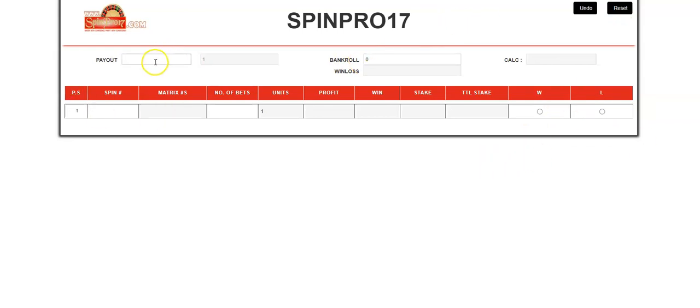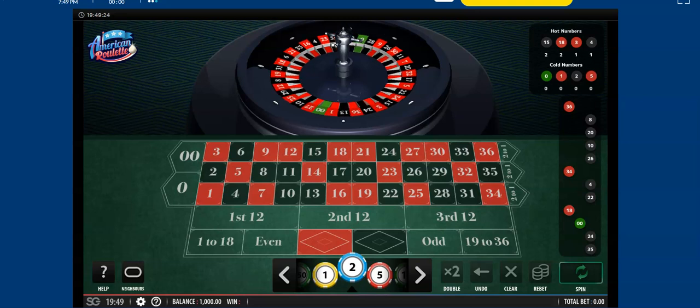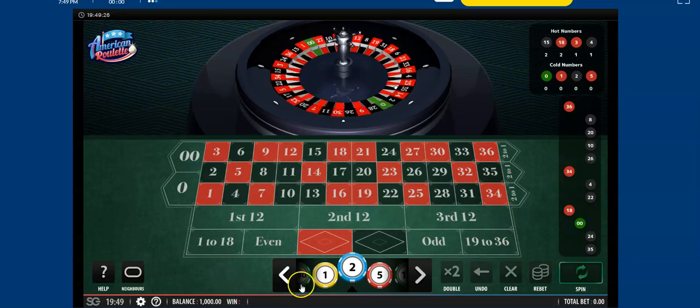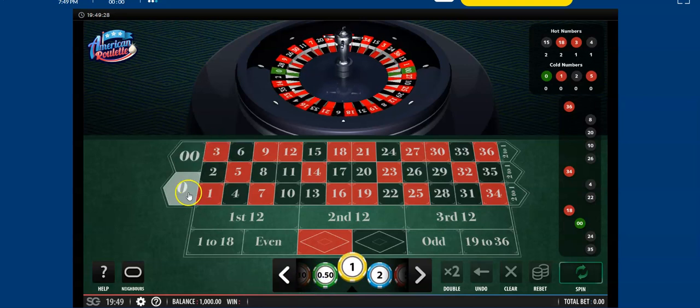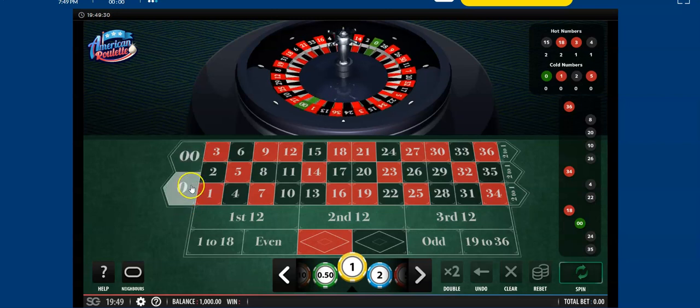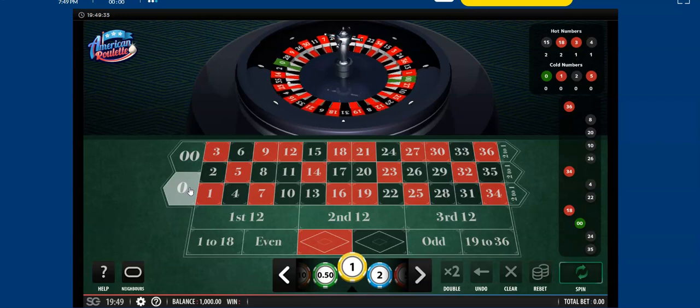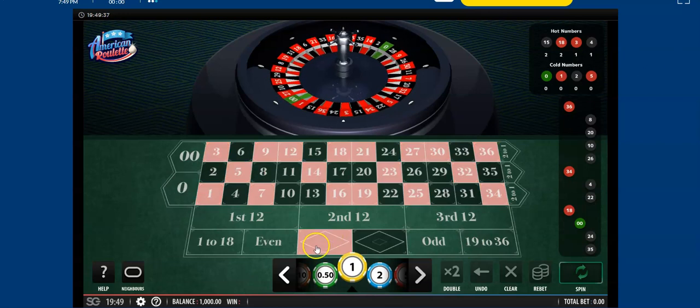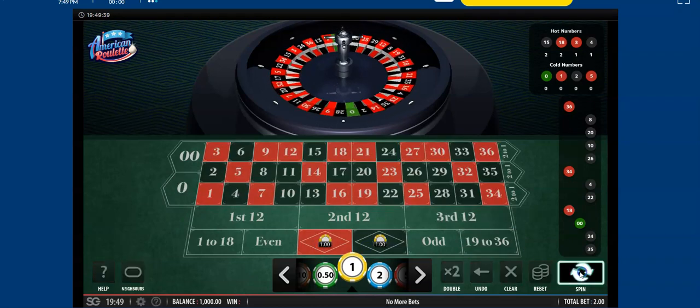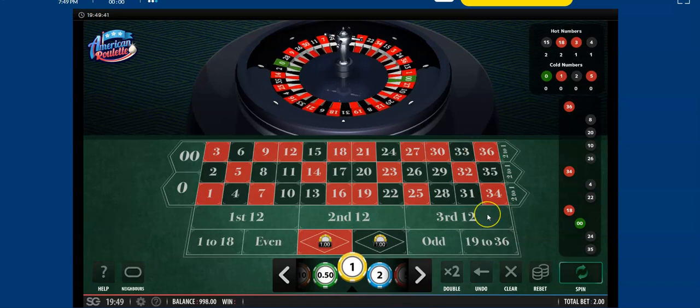So what we're going to do in this demonstration, we're going to use 35 to 1 odds. Okay, and we're going to input the spin number, get a sequence of matrix numbers, and start playing from there. In this particular case, we are using a double zero wheel. However, if you can use a single zero wheel, it's more to your advantage because this gives the casino less of an edge. So the first thing we're going to do is spin once,